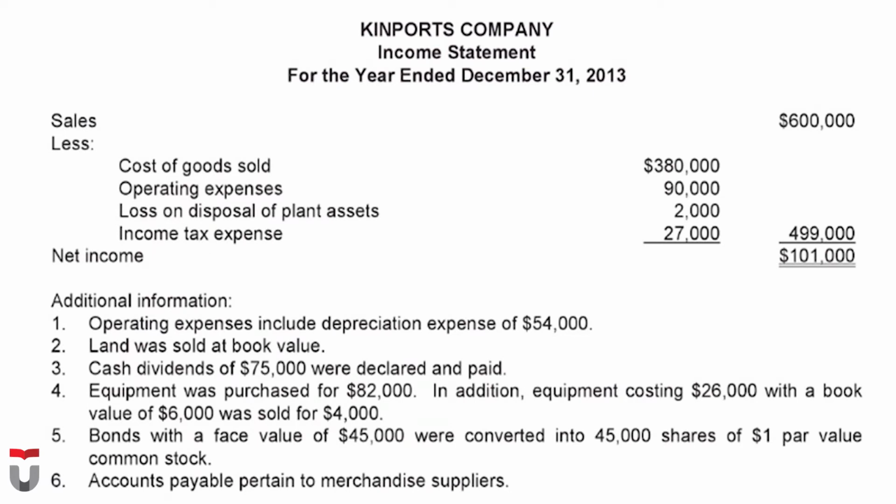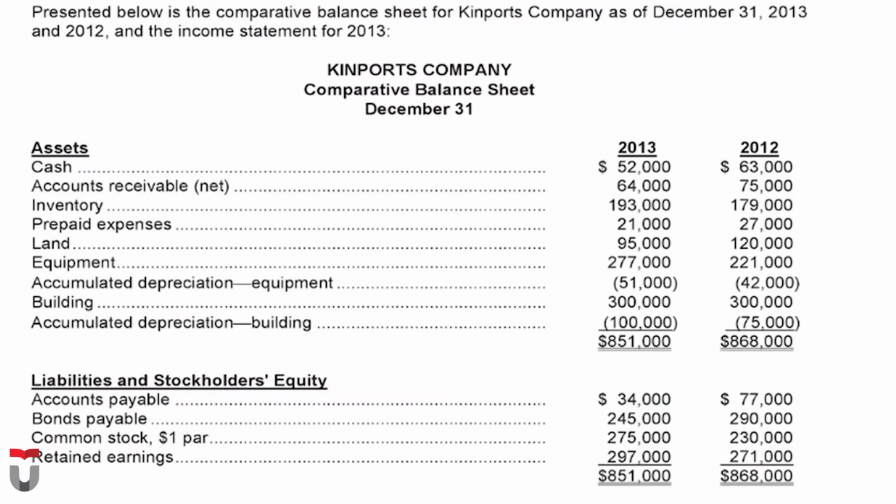Let's see. We could find the amount of cost of goods sold in the income statement, that is 380,000. And for the inventory in the balance sheet, it's 193,000 in 2013 and 179,000 in 2012. Thus, it is 14,000. And for the accounts payable in the balance sheet, we could see that in 2013 it's 34,000, and in 2012 it's 77,000. So, it's 43,000 when we compare. Thus, the total of cash payment to suppliers is